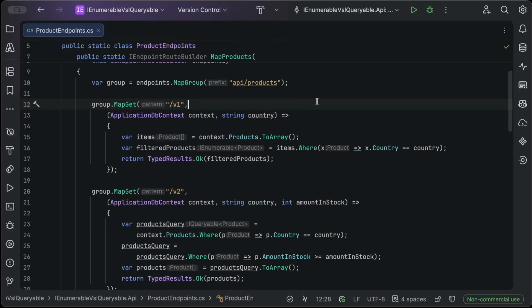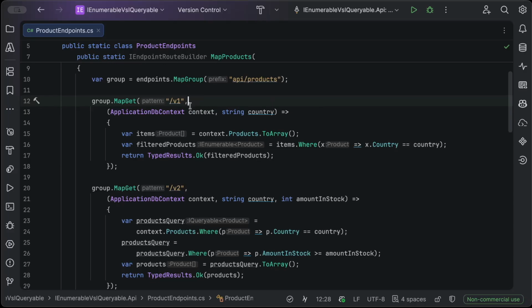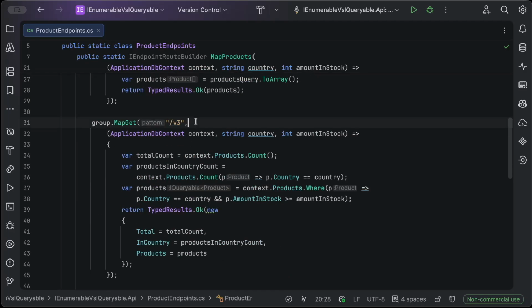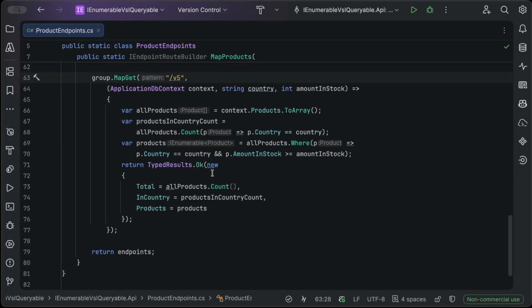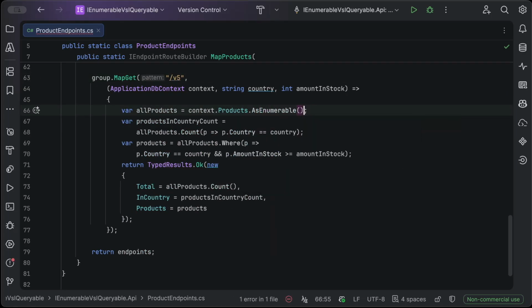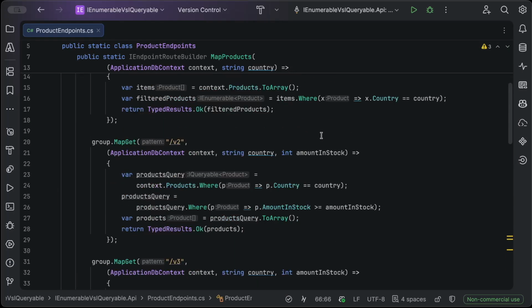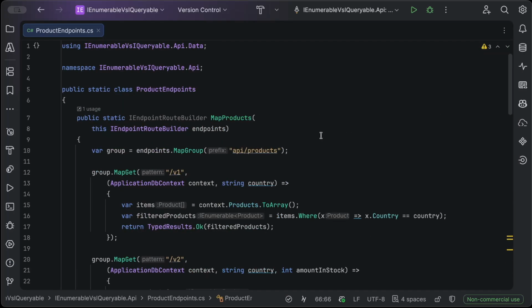Let's minimize this for now. I prepared 5 different queries: V1, V2, V3, V4, and V5. And I believe there are some interesting points here. We will come back to this. Some interesting points here that I want to show you. So before we actually go and run